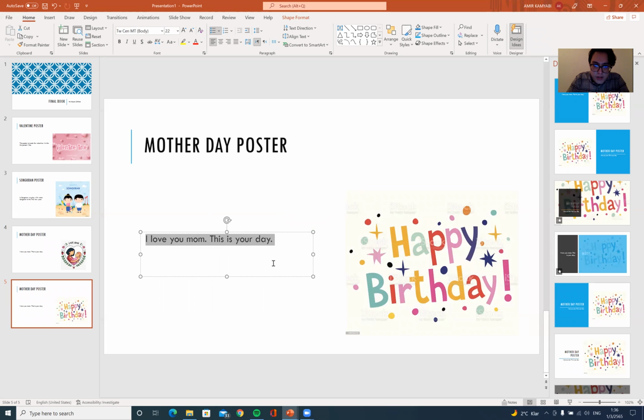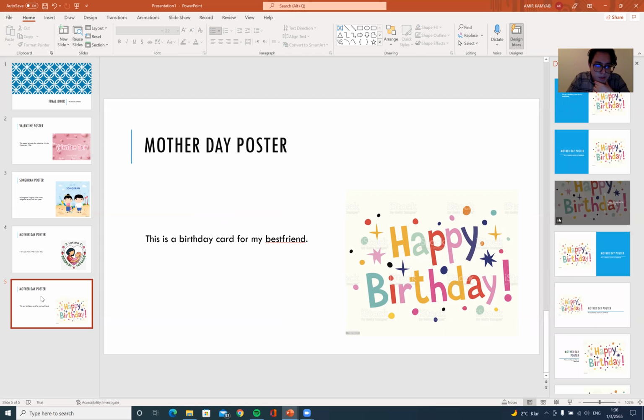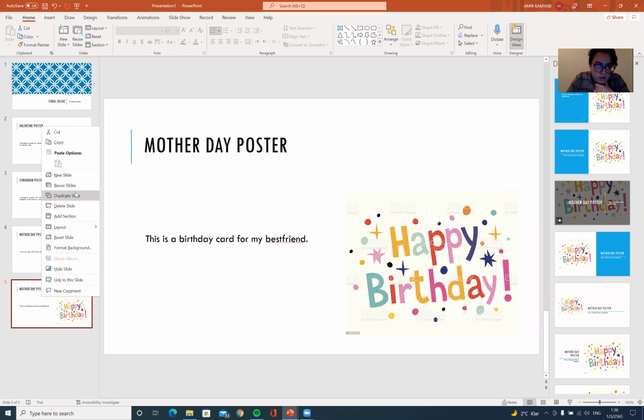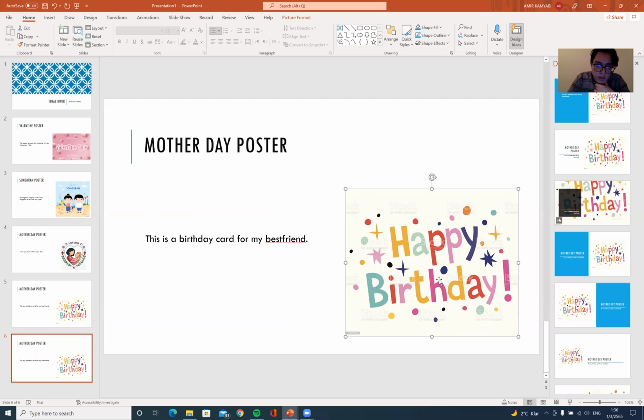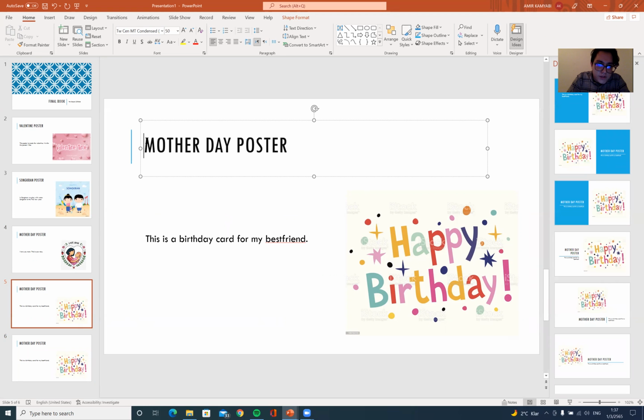So we can write, this is a birthday card for my best friend. All right. And one more just to show you. And don't forget, if you duplicate, don't forget to fix the name up here